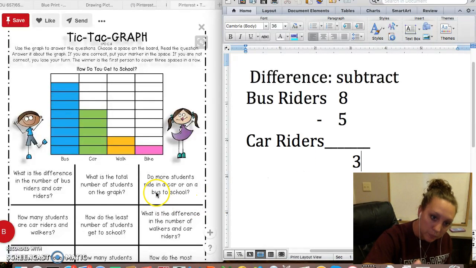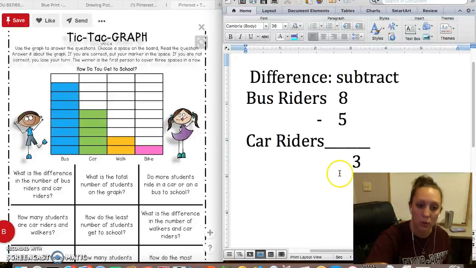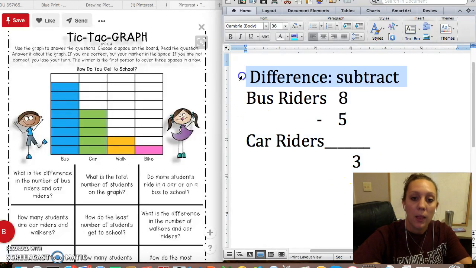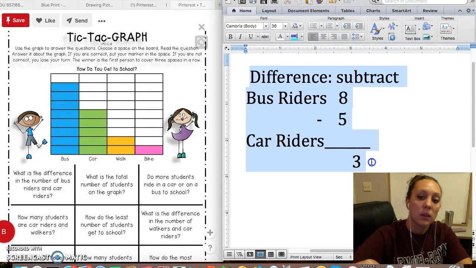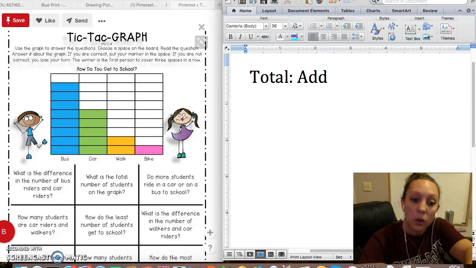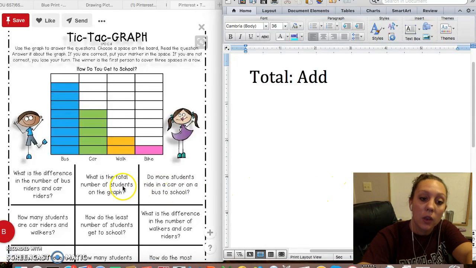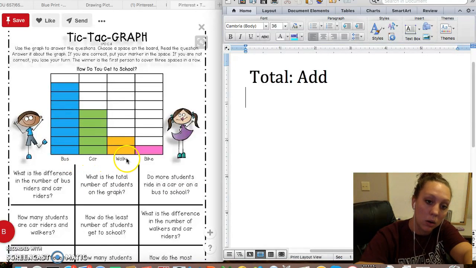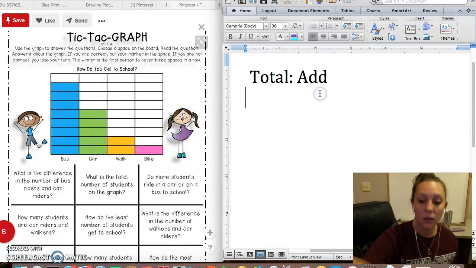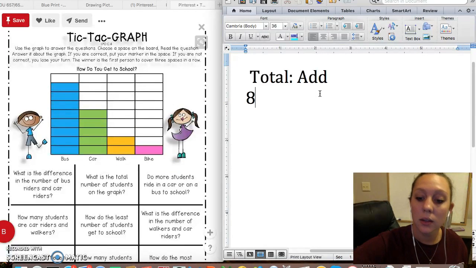Let's go to the second one. What is the total number of students on the graph? So the total number. If we ever see or read that word, we know that total means that we are going to add, okay? And what are we adding? It says the number of students on the whole graph, okay? So that means we have to add the bus, the car, the walking, and the biking. So bus, we said 8, all right? 8